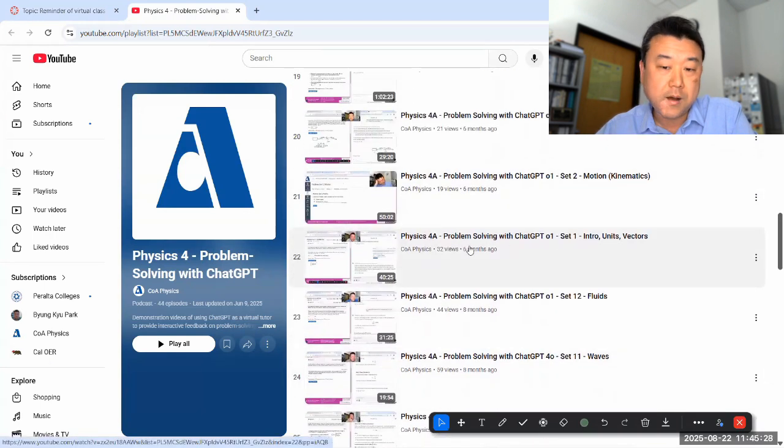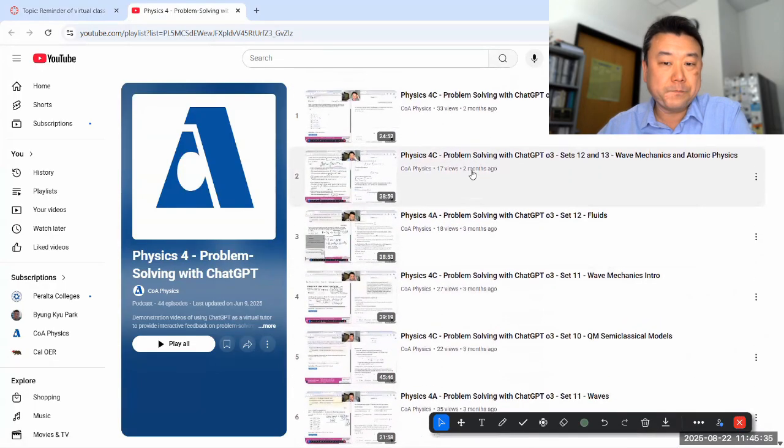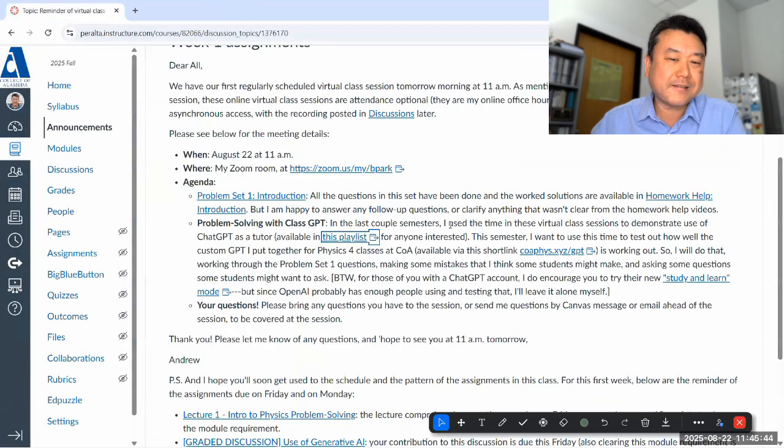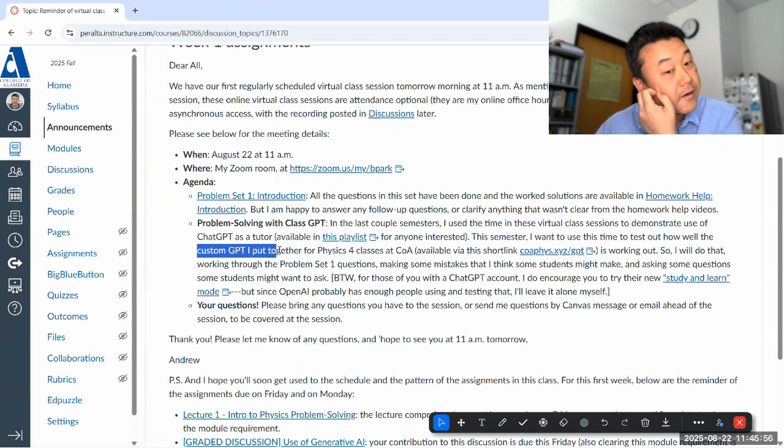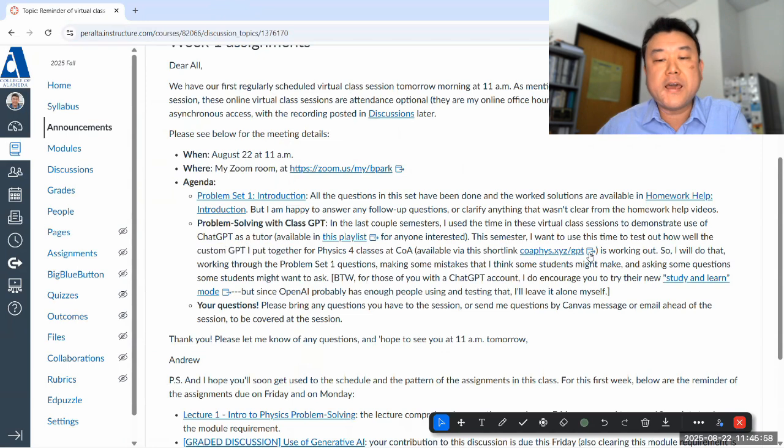With the ChatGPT 01, in the start of the spring semester, last semester, and then go backward. And so I could do the exact same thing, except it'll be now ChatGPT 5. But I feel like that's kind of played out. So what I want to do is kind of beta test a custom GPT that I thought about putting together over summer, and I did start, and I gave it some course material, and just so that